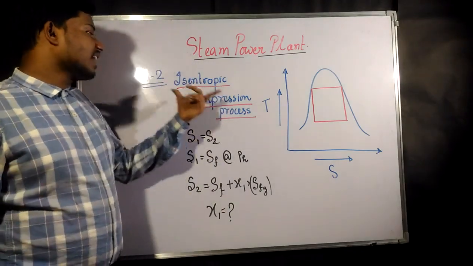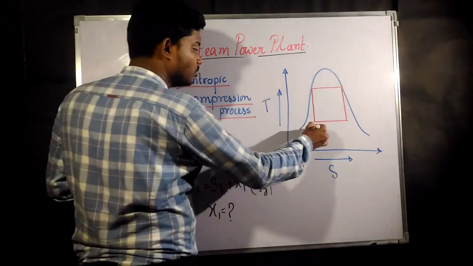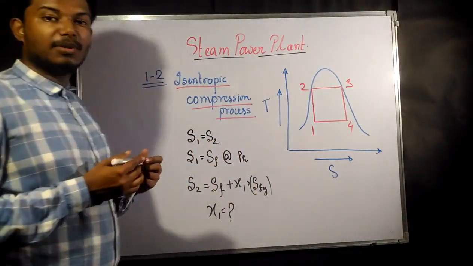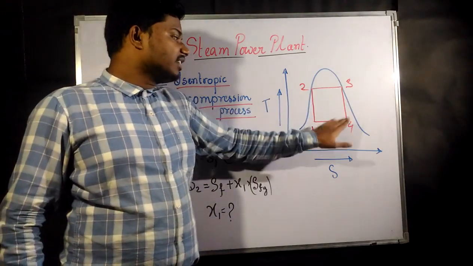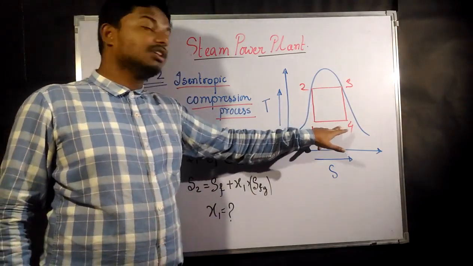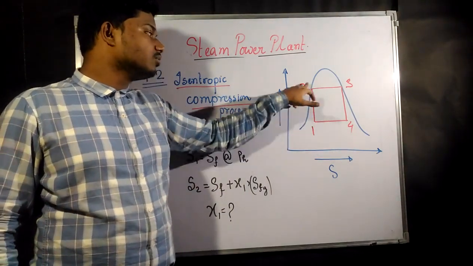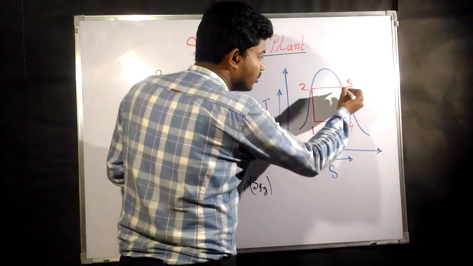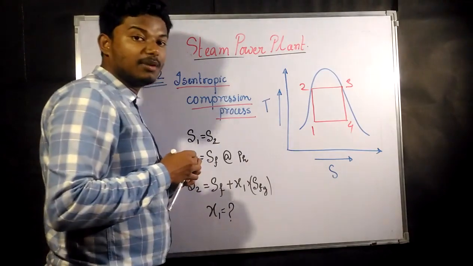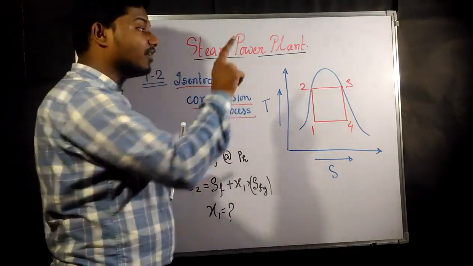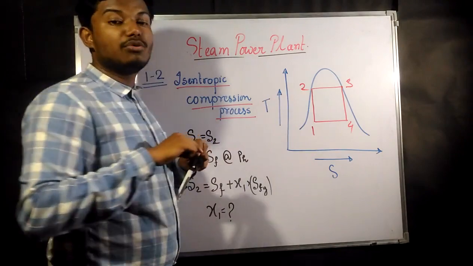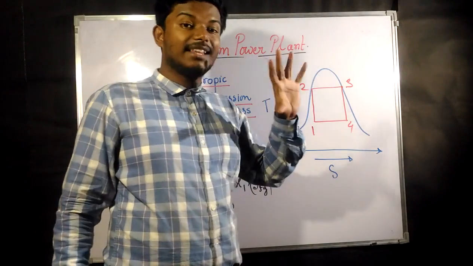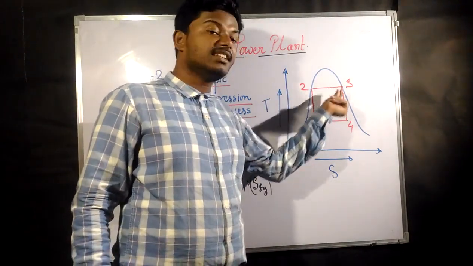Now we are going for the isentropic compression process. 1 to 2 is nothing but the isentropic compression process. 3 to 4 was our isentropic expansion process. Now you may ask, after 3 to 4 why have we gone to 1 to 2 without going for 4 to 1? Because from process 3 to 4, equating with the properties at point 3, the entropy at point 3 was equal to the entropy at point 4. Considering that, we found all the relations, enthalpy, internal energy, everything, considering this point.